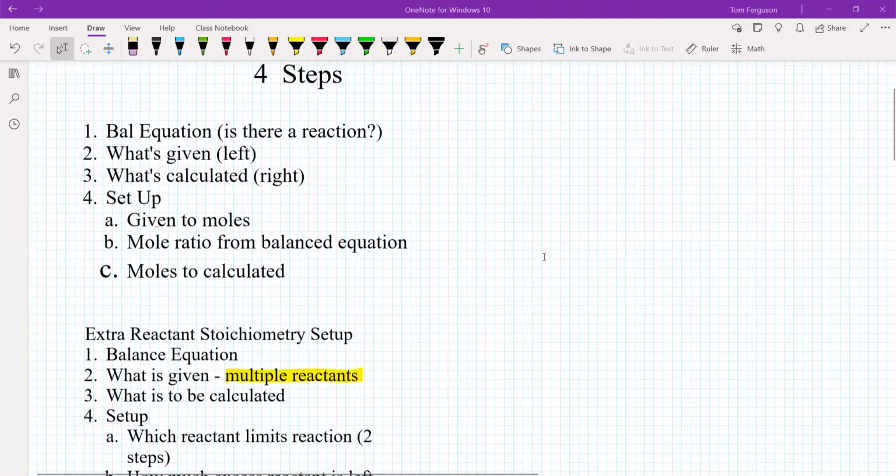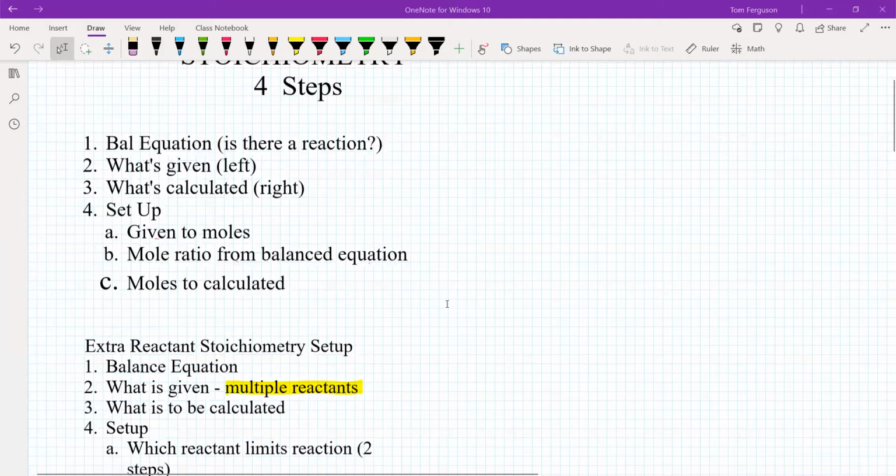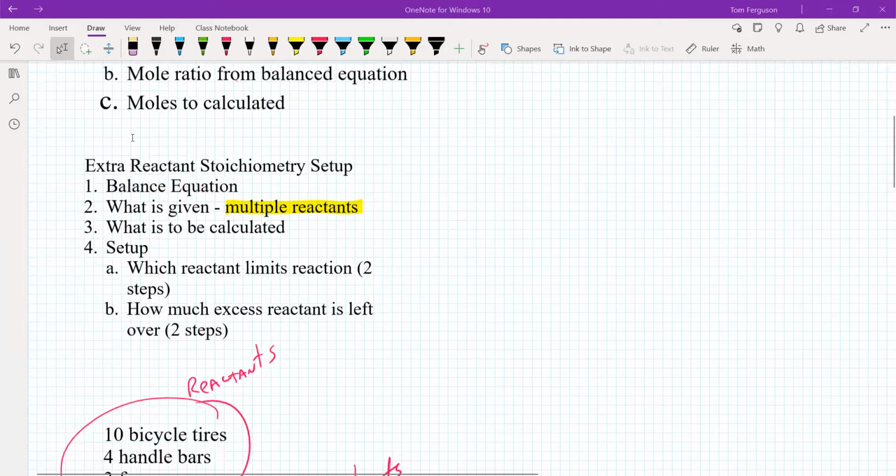Okay, the deal is, we've always talked about stoichiometry having 4 steps. If there's a reaction, you balance it. You look at what's given, what's to be calculated. Then you do the setup. It's in 3 parts. Okay, however, if there's an extra reactant,